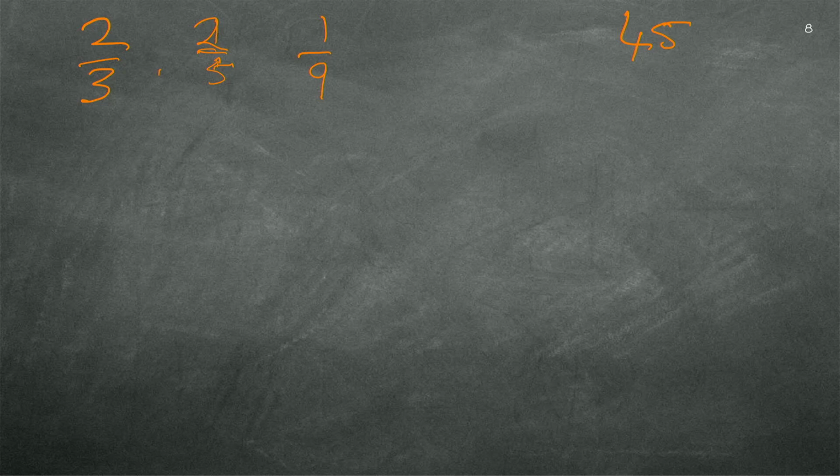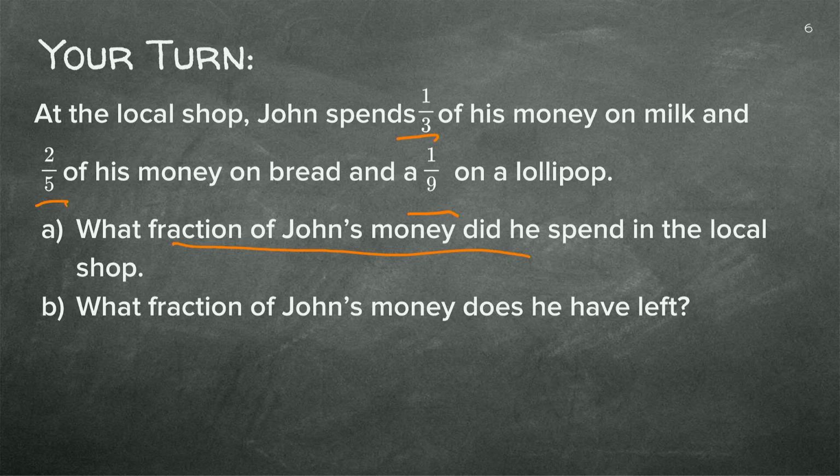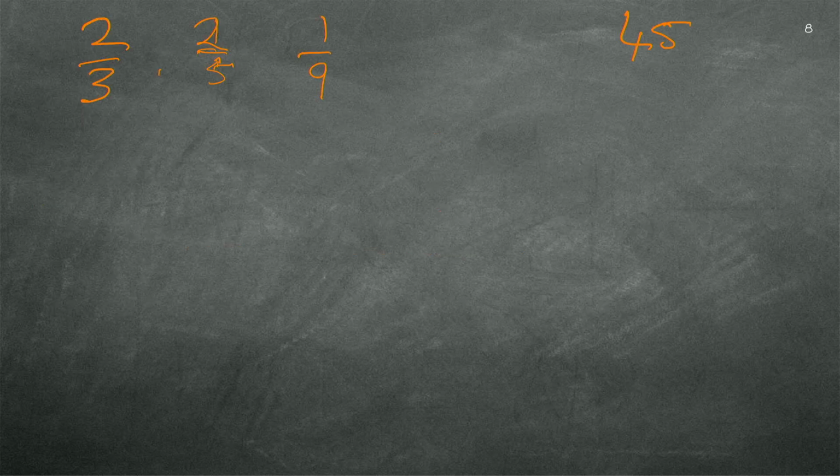Again, I think I'm mistaken here. I just want to check again. Is it 1/3 and 2/5? Yes. I'm sure you saw that I made a mistake, so I think I can erase this. And then I'm going to say this is 1/3 and 2/5 and 1/9. Okay. So now we're going to have to get these to 45.